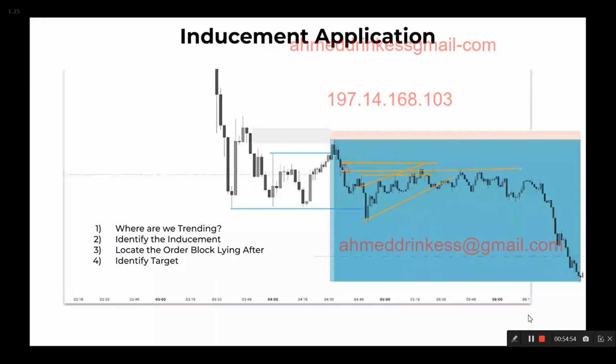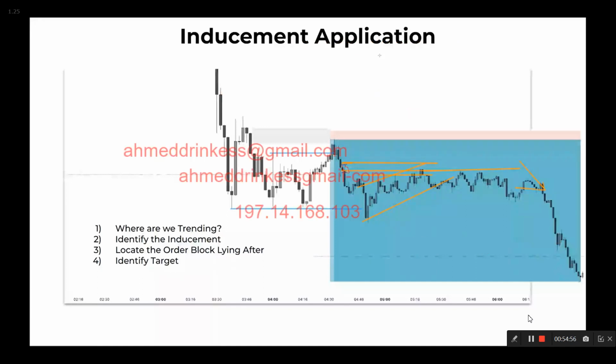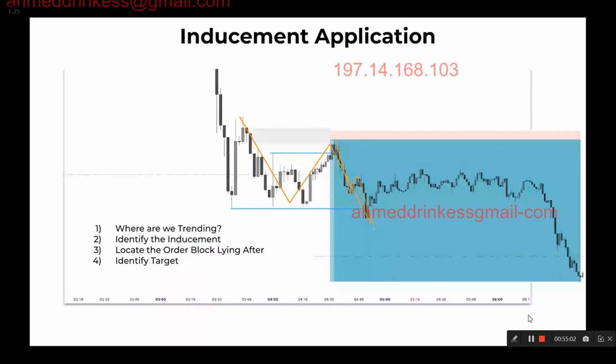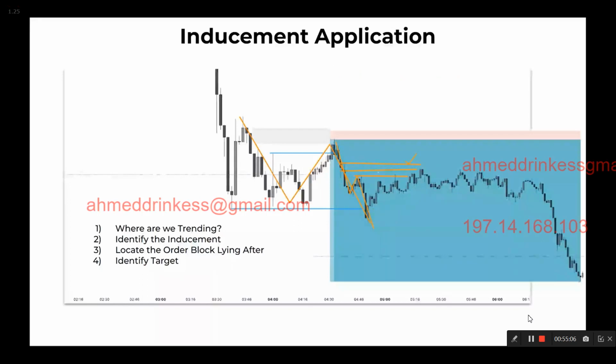And that's what we're going to be learning here in our first block. Well, we are technically in the first block, but that's how you do it, right? Oh, we have a new range. Here's our internal structure within the range. Here's our inducement. Here's our order block right afterwards. Boom. That becomes very quickly a 1 to 10 plus very easily. Exactly, Matthias. Again, OB plus M